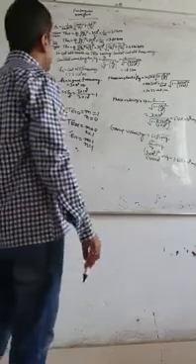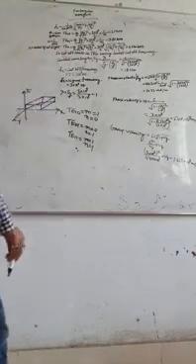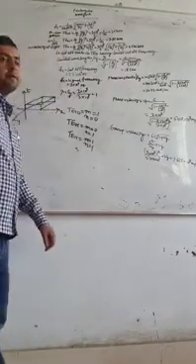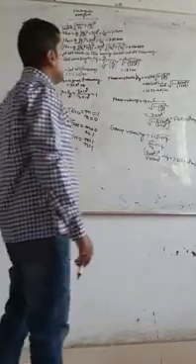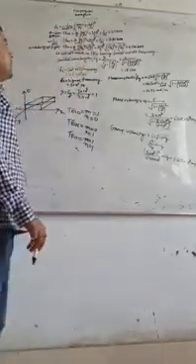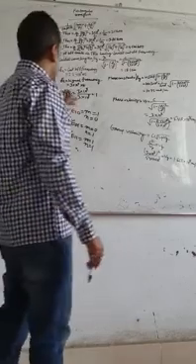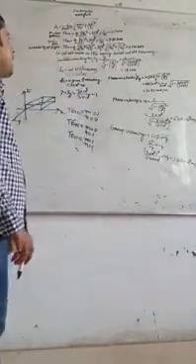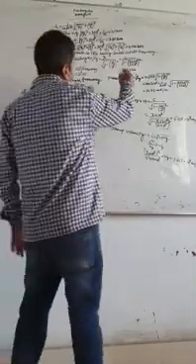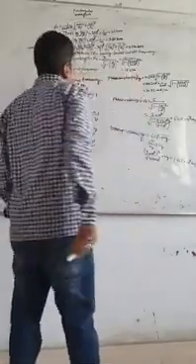Now using this cutoff frequency, we have to find out the value of guided wavelength. The formula is lambda g is equal to lambda by root over of 1 minus (fc by f) whole square. So fc is 2.5 into 10 to the power 9 hertz, your cutoff frequency. Signal frequency is given as 3 into 10 to the power 9 hertz. After doing all the calculation, your guided wavelength is 18.1 centimeter. That you can do by using a calculator.